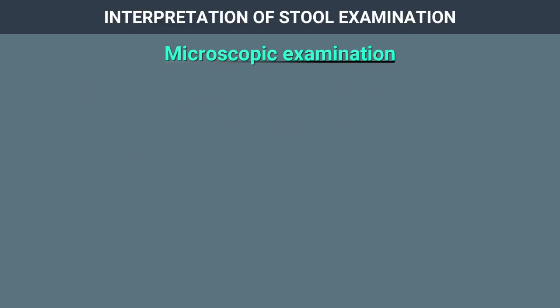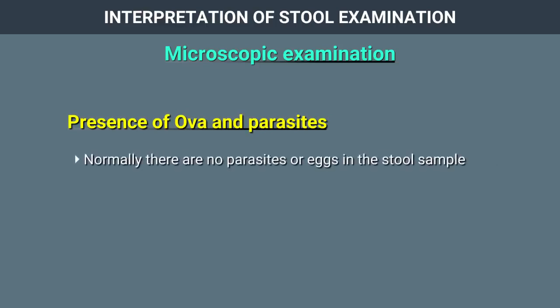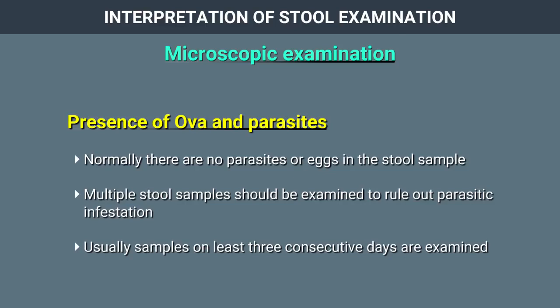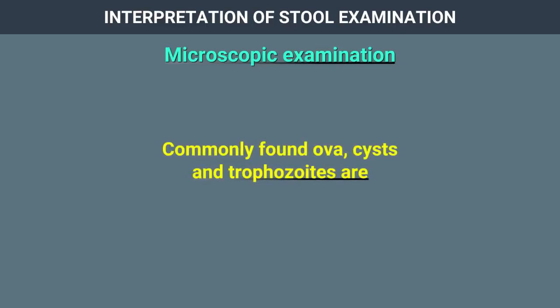Microscopic examination for ova and parasites. Normally, there are no parasites or eggs in the stool sample. Multiple stool samples should be examined to rule out parasitic infestation. Usually, samples on at least 3 consecutive days are examined. The commonly found ova, cysts and trophozoites are